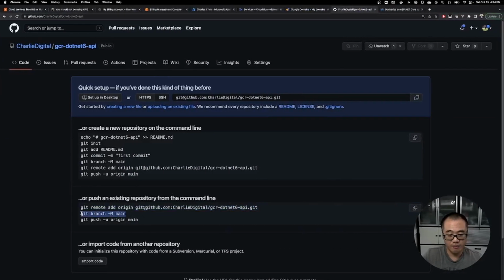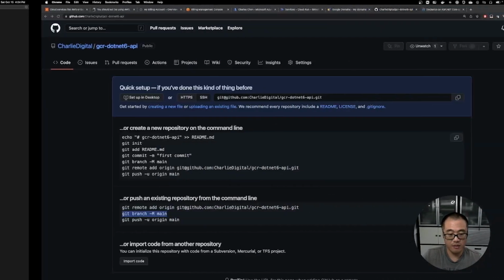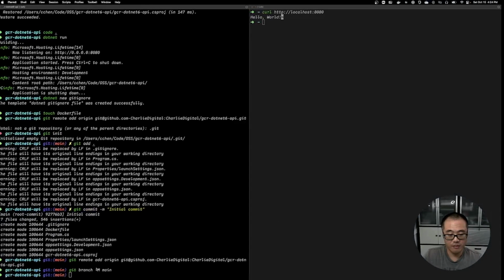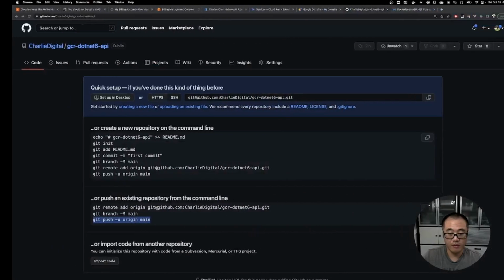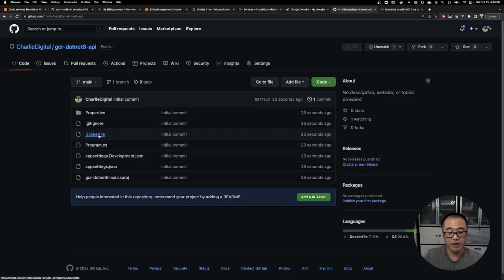Git branch main. And push it up. All right, so here is our application. Really simple API on port 8080